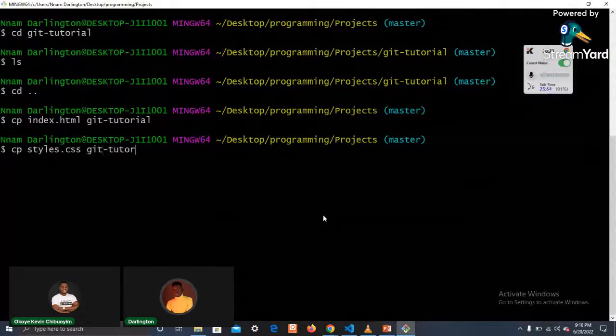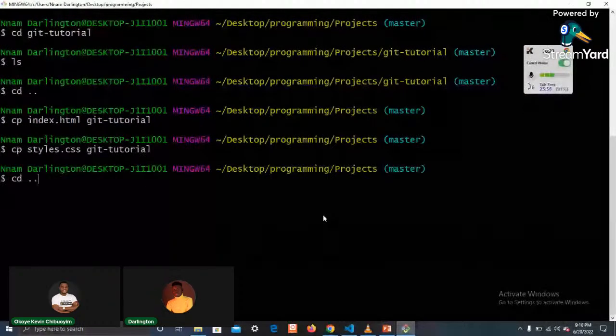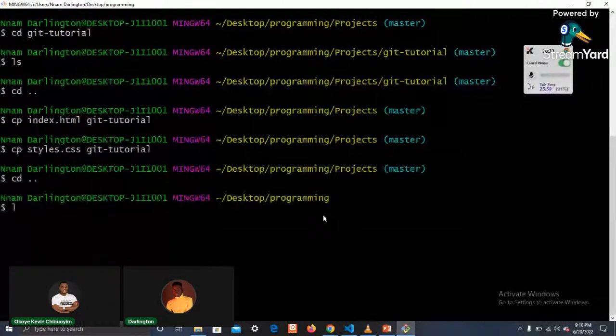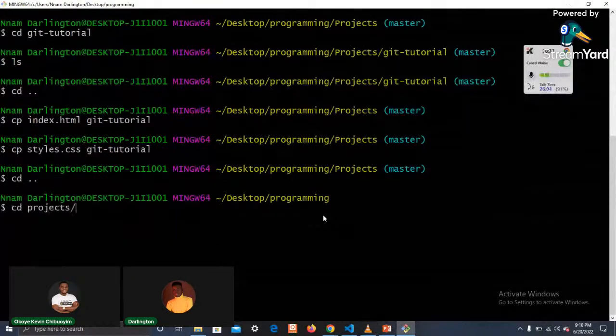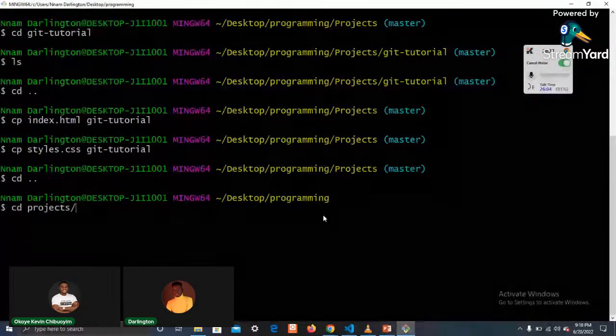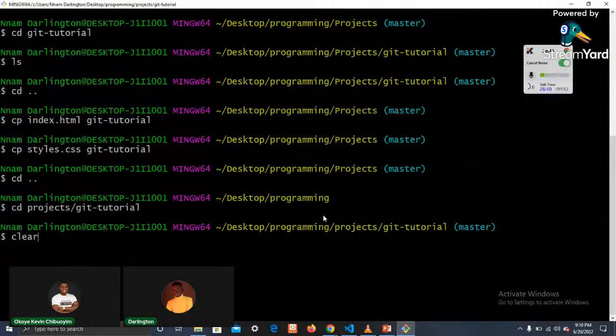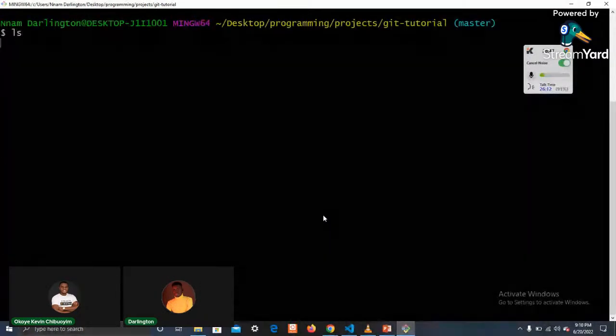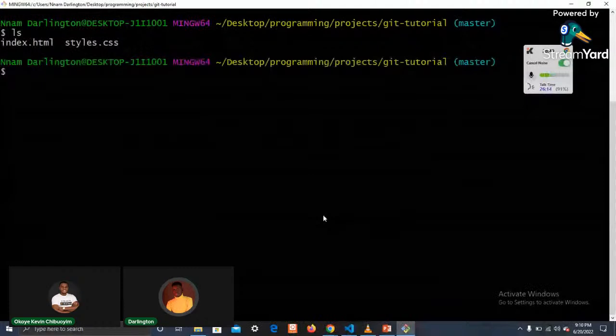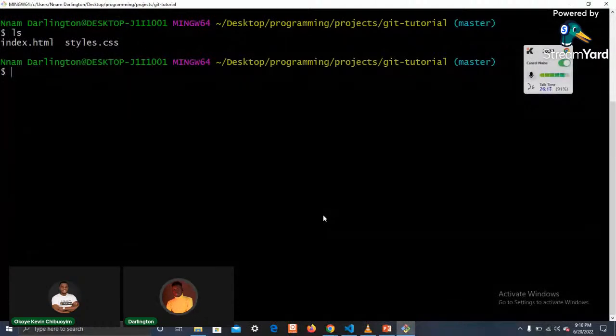So let's go back into the Git tutorial folder, and sorry about that. cd projects slash Git tutorial. Okay, so we are here. Let's clear our command first, and let's list the files. So we could see the index.html and styles.css files. I believe we understand how the copy command works now.